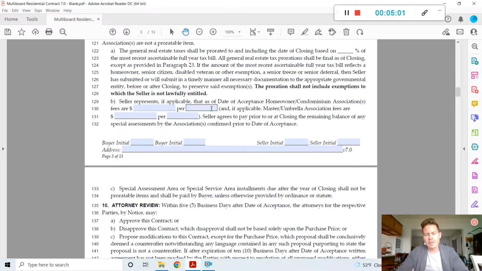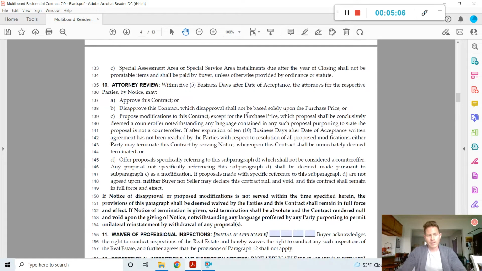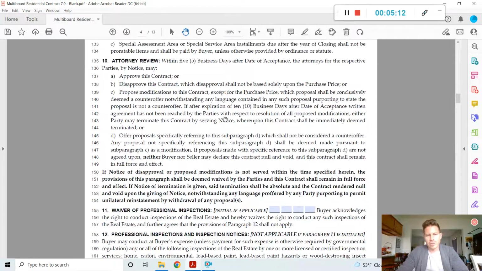Subparagraph B is HOA, Homeowners Association information. Now, attorney review, paragraph 10, and then paragraph 12, the inspection